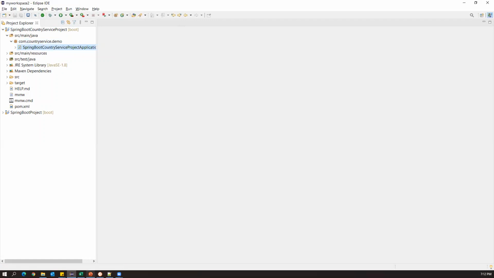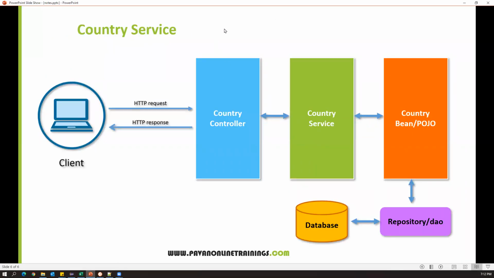Now we need to mainly focus on these three things. We need to create a country controller class, which contains the mapping methods, and the service, which is the most important thing, which we are going to create now. Internally it will use some POJO class, which is also called a bean. Where do we keep these three types of files, the controllers, services and beans? We will create separate packages inside your project. Let us create three different packages for these types of files, because in one Spring Boot project you can have any number of controllers, services, and bean classes. We will maintain all of them properly in the framework.